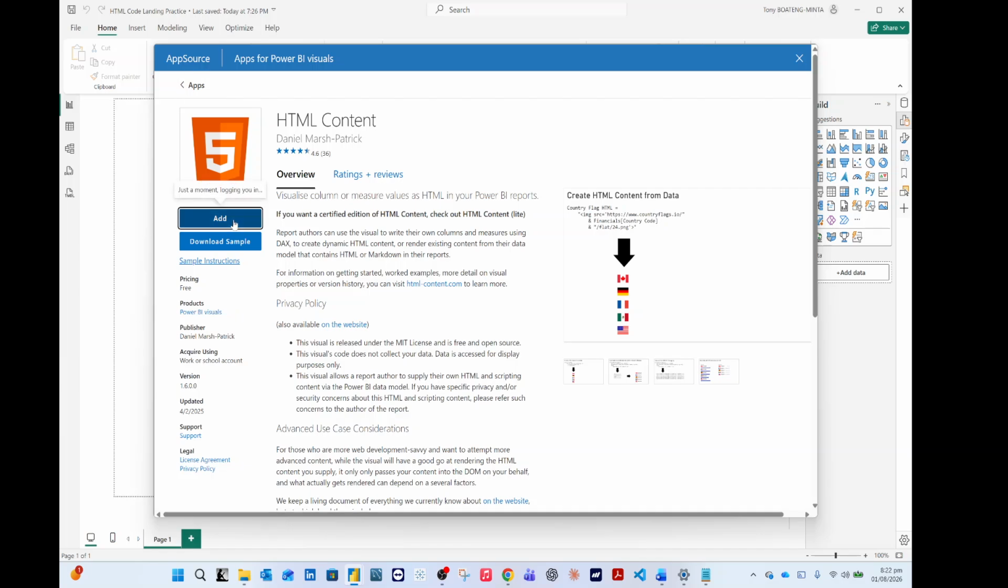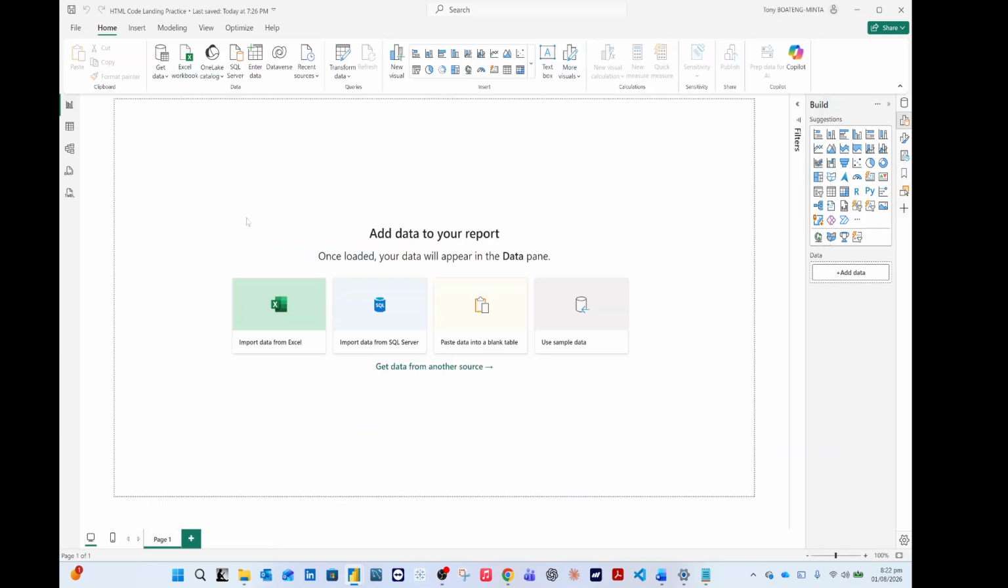So I add it, and then after a few seconds, I get it. So the visual was successfully imported into this report, which is perfect. Okay, so the next thing is that, again, the beauty of HTML codes is that we don't